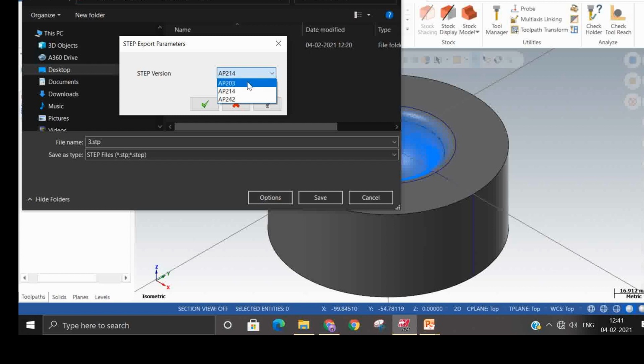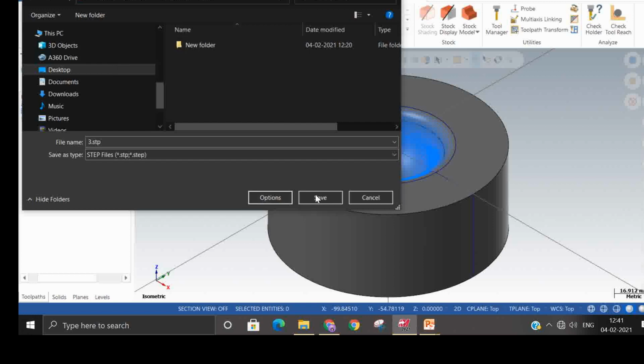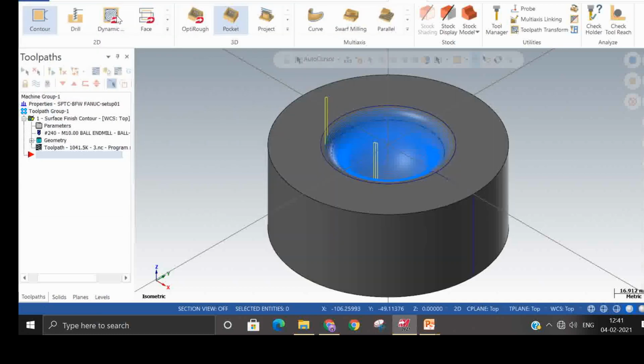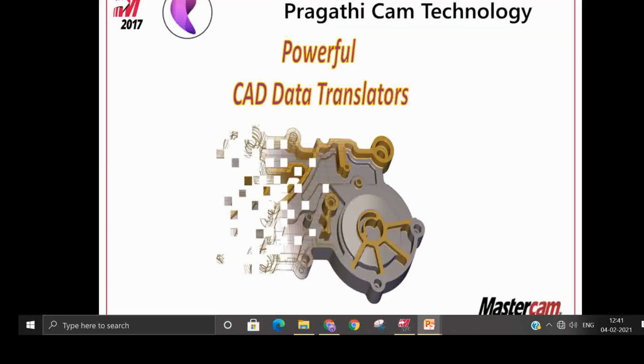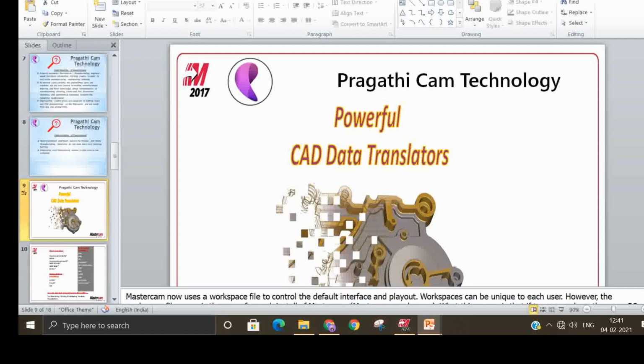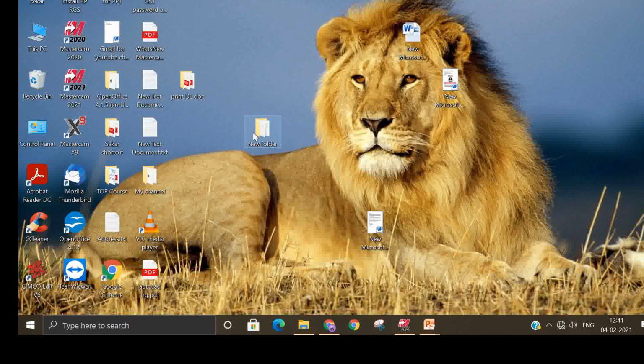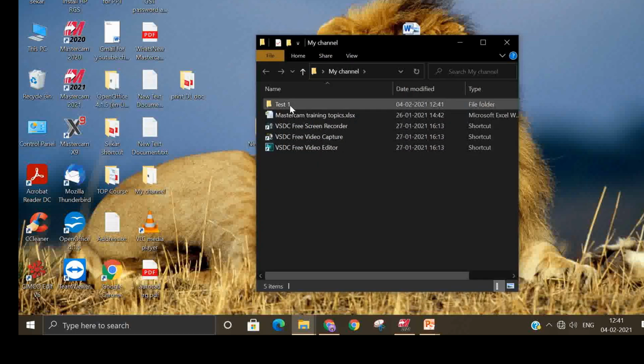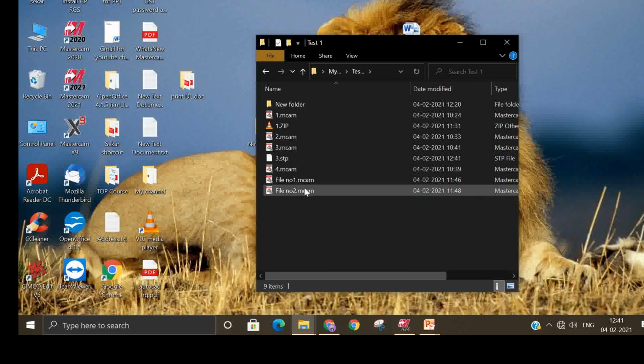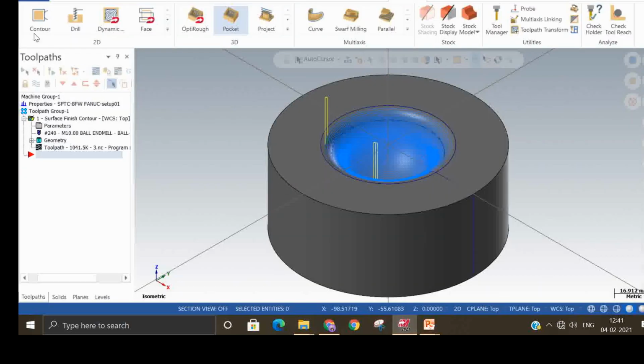But in common, you can save it in the lower version so that you can easily open it in the higher versions. So I already saved it now. I'll close this. Let me show you where this file is. So this is the step file, .stp.